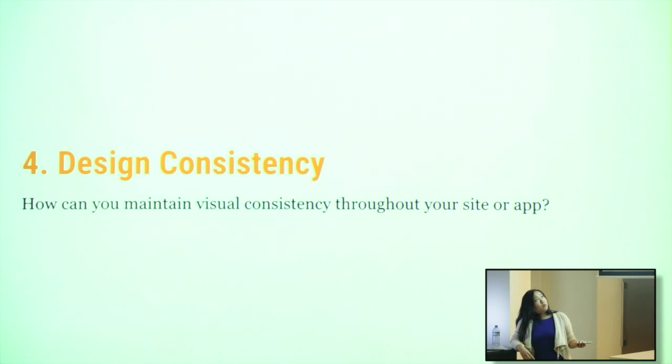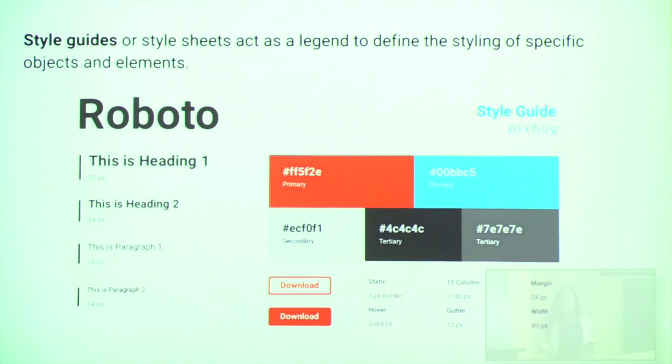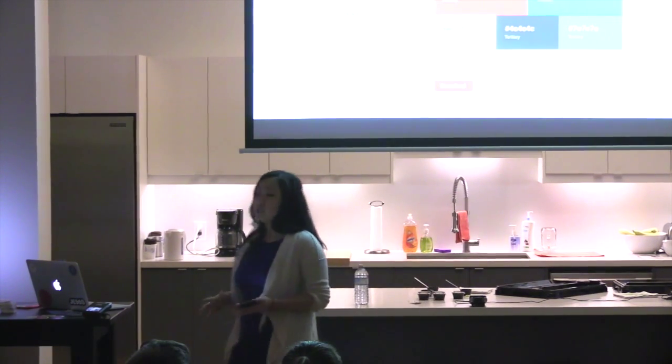A third thing that you want to keep in mind, how is your brand being maintained across the site, and how does it look and feel? How can you create a cohesive experience that fits with the brand? So UI designers use something called a style guide or a style sheet, and this acts like a legend, where you define how certain elements will look throughout the entire site, such as